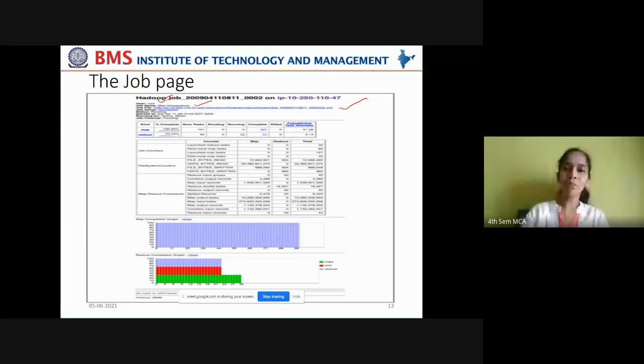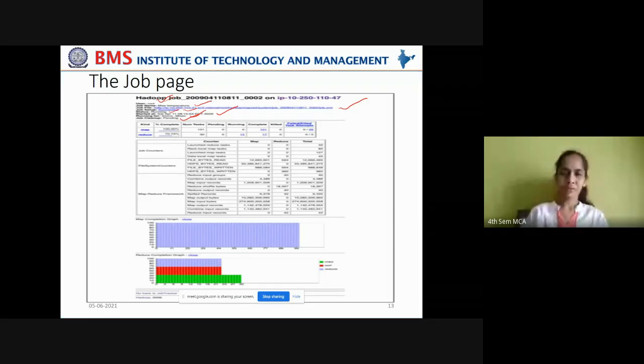This job file will contain all the details about your map reduced task and the job setup, whether the job has been set up successfully or not, and the status of the job. If it is still running, it will give running. If it is completed, the status will be updated to completed, and when this job has started and for how much duration it is running for, and the job cleanup, whether it is pending or whether it has completed, that will be displayed.